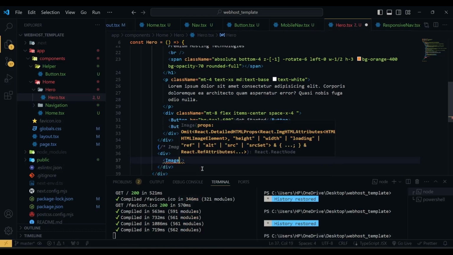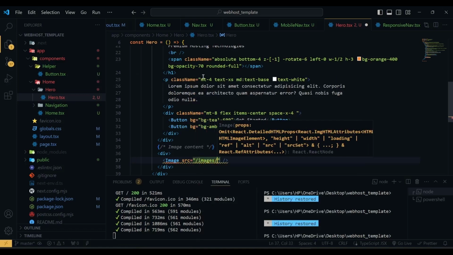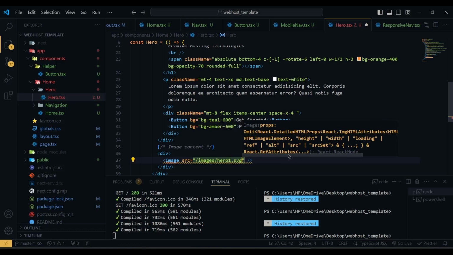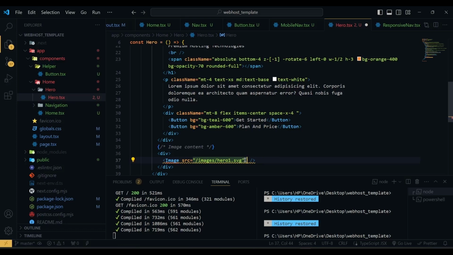So I'm going to import Image, and here for the source we have /images/hero1.svg, and then this image has an alt tag which is hero, width of 650, height of 650, and it has a class name of